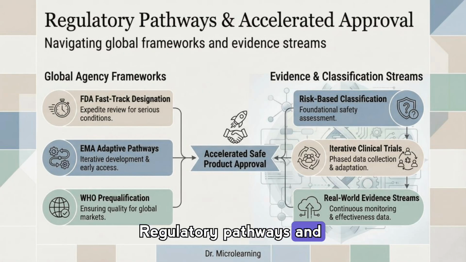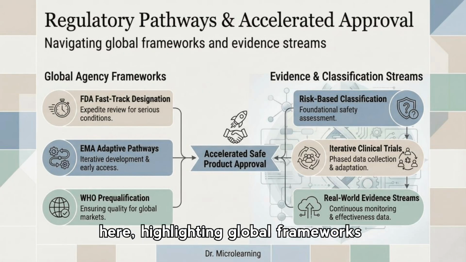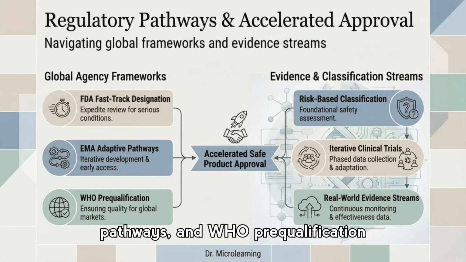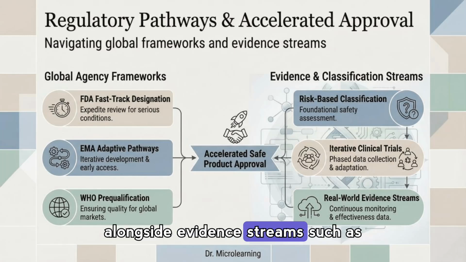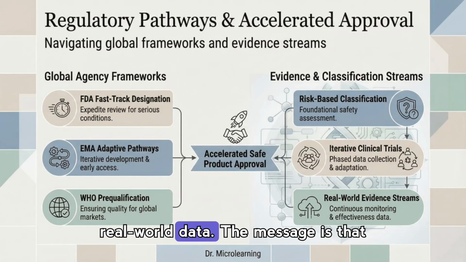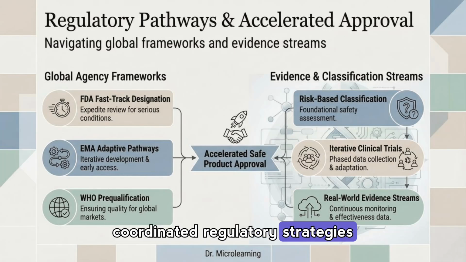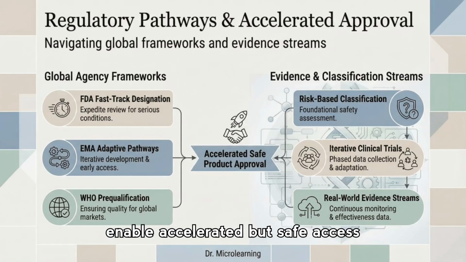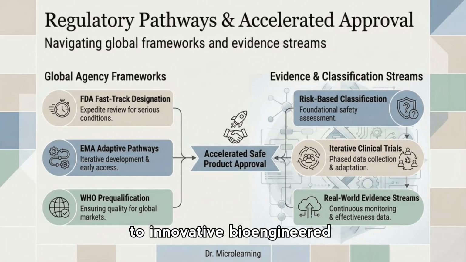Regulatory pathways and accelerated approval are mapped here, highlighting global frameworks like FDA Fast Track, EMA Adaptive Pathways, and WHO Prequalification, alongside evidence streams such as risk-based classification and real-world data. The message is that coordinated regulatory strategies and iterative evidence collection can enable accelerated but safe access to innovative bioengineered